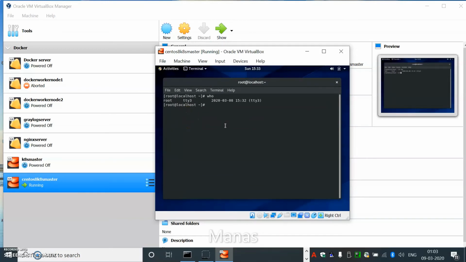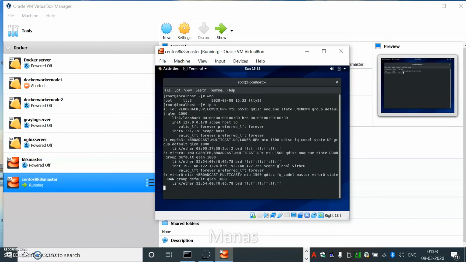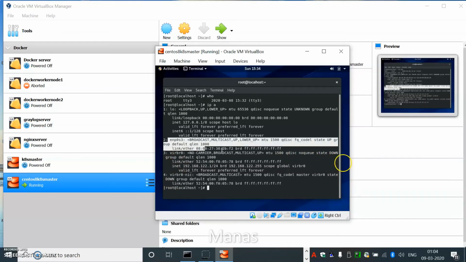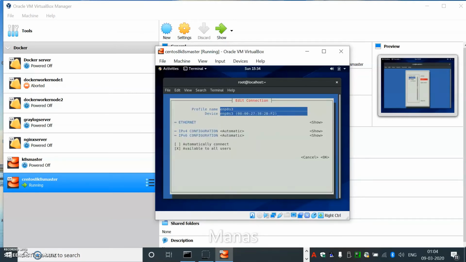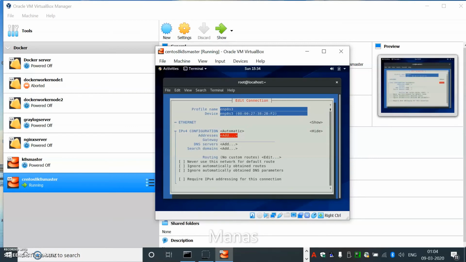and let's see the IP that has currently been assigned to this host. It is the bridge IP that we are getting here, and you can see this particular Ethernet card does not have any IP, and we have a loopback IP. So let's do an nmtui, edit connection, choose this, edit, and we'll give it an IP. Let's add an address